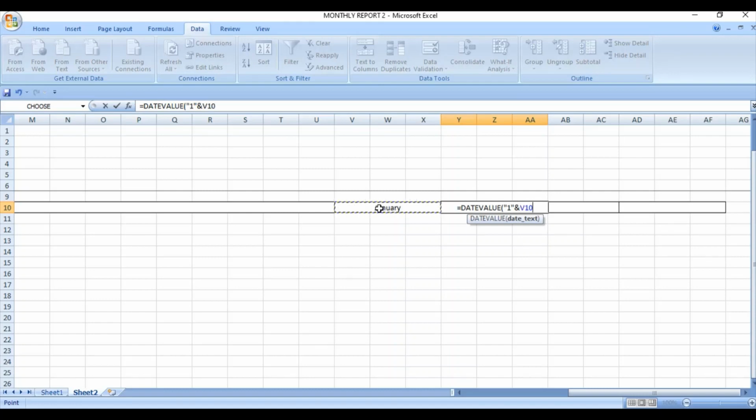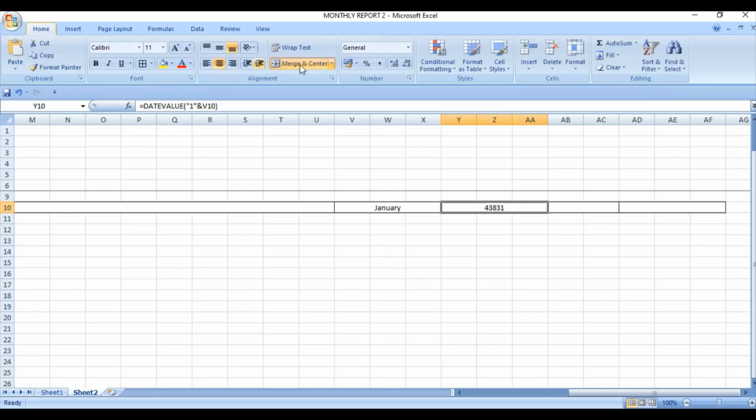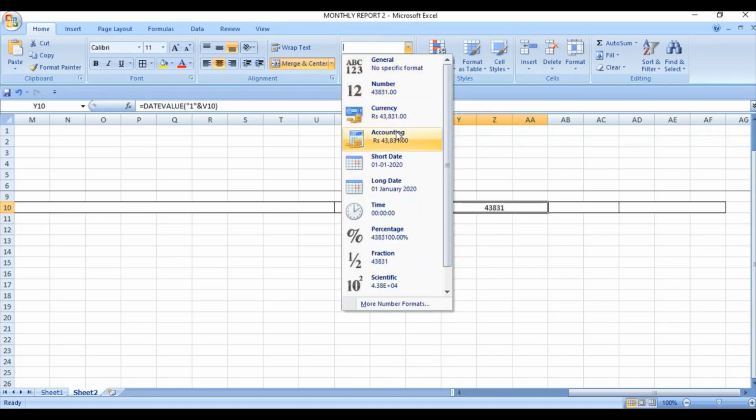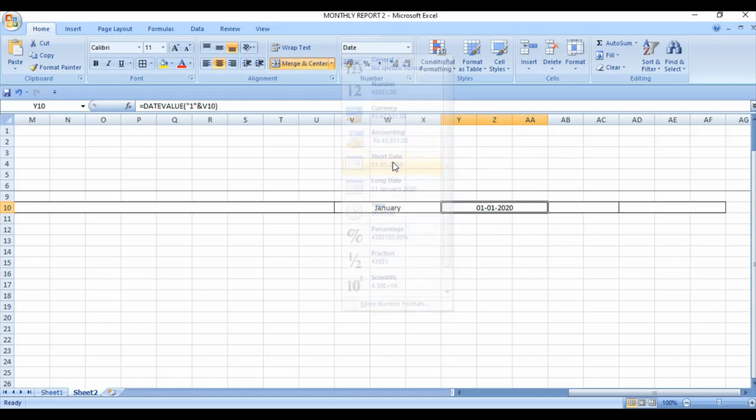Now close this bracket. So it will return us a value. This is a number. So to obtain this output in a date format, we will format this cell and select the short date pattern. So this is our starting date of the month.